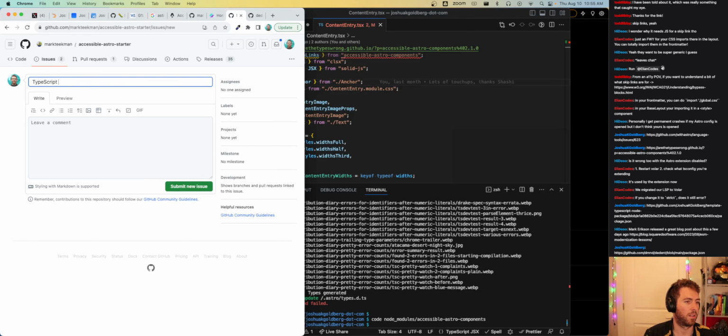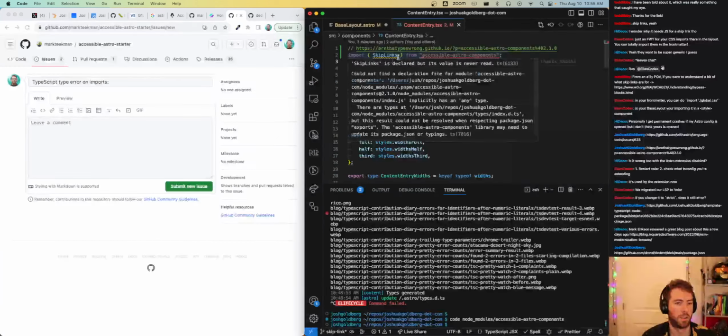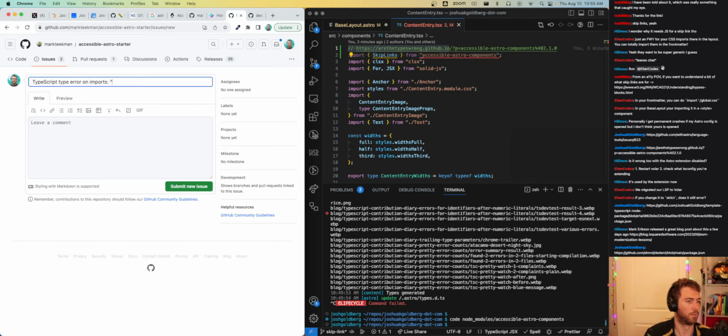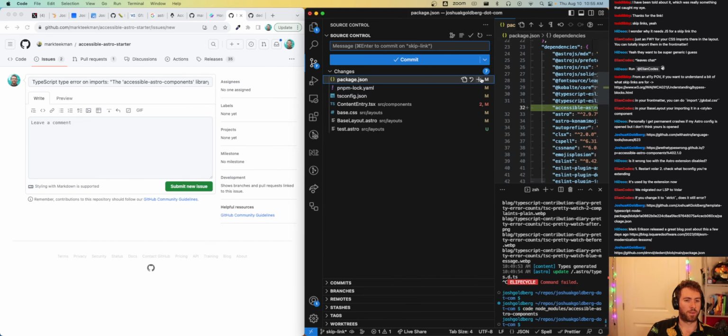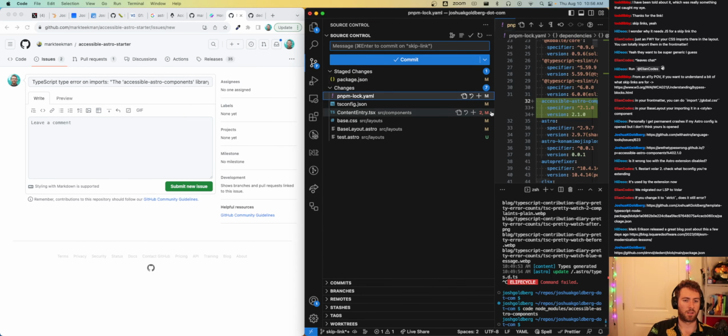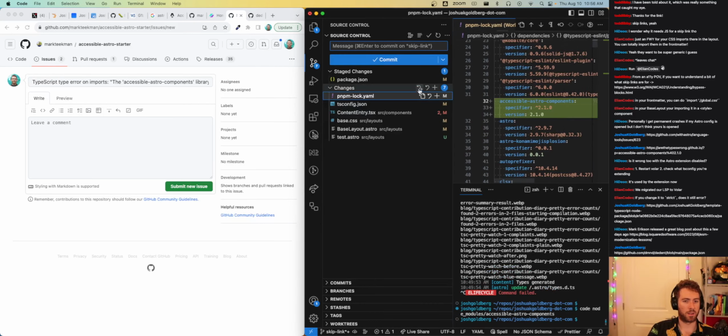TypeScript type error on imports. So what I'm going to do is post a quick branch so that I can link to the commit on this issue.